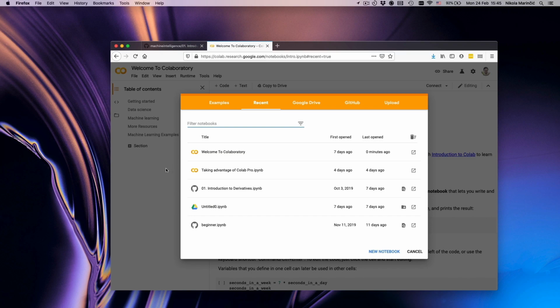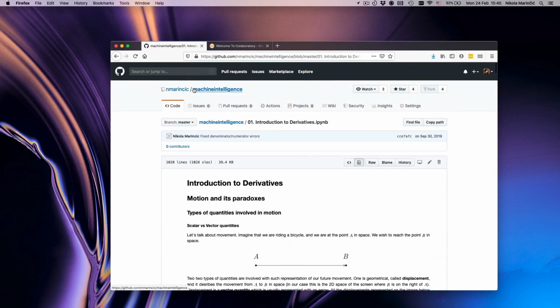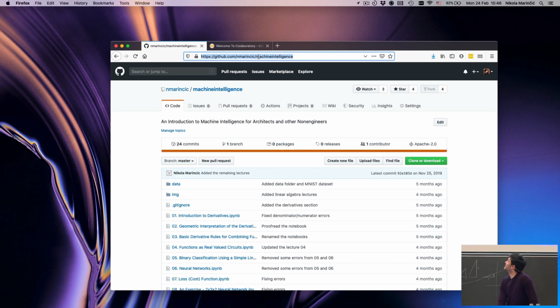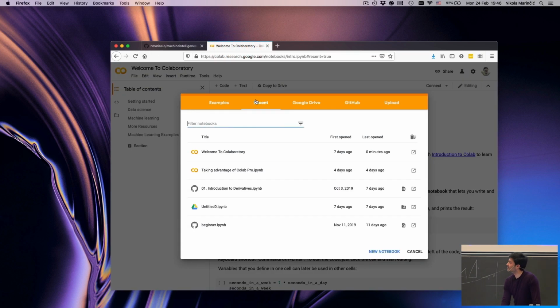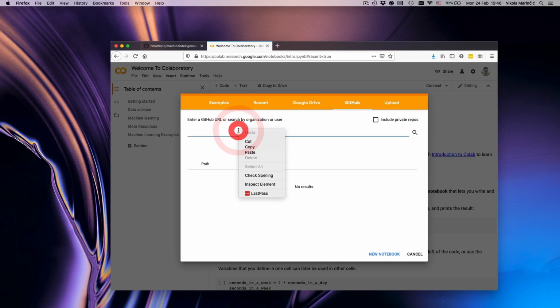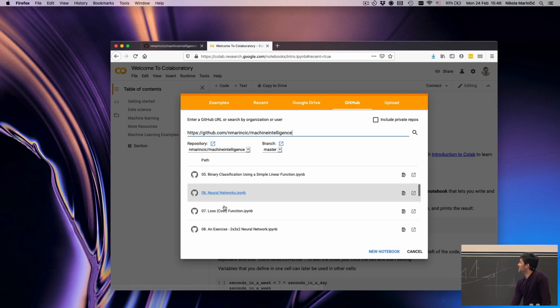So how do you actually run my code? It's actually very, very easy. You just go to my page, Machine Intelligence, and click on that. I can just copy this link, come to Colab, select GitHub here, and paste this link. Then press enter. Do not exit or do anything else, just press enter. Google then parses my GitHub repository because it's public. They can do it because I gave them the permission by making it public. And then you can see all of my notebooks.